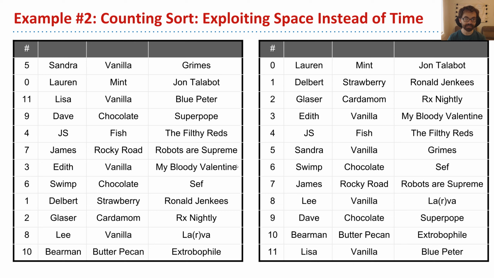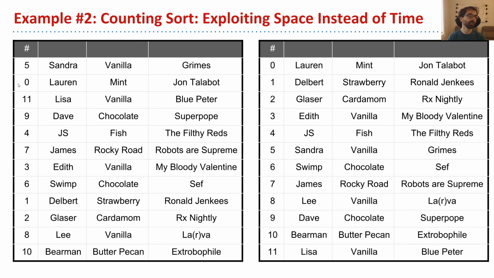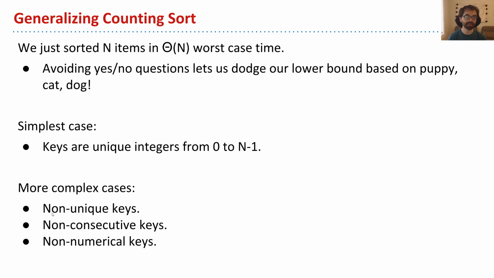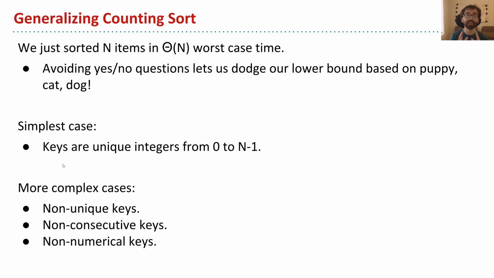It may be the case that the keys are not unique. Maybe you have two 4s or something. It may be the case that they're not consecutive. Maybe we have 0, 1,000, 6, 94, whatever else. It might not just be a consecutive range. And we'll also see that we may have non-numerical keys. So this will also work even if the things that we're looking at are not numbers. But that is the heart of counting sort. And in the coming video, we will explore this and make it more general than this case that's between 0 and n minus 1 with integer keys.